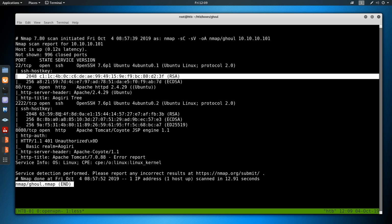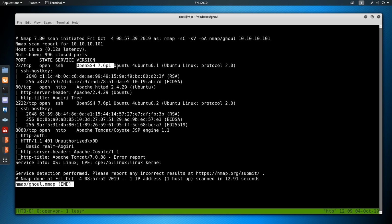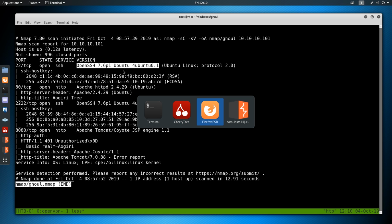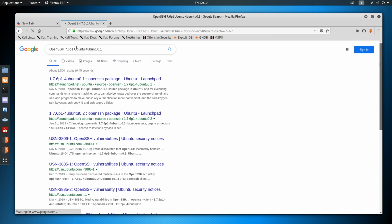So looking at the host keys, we can see the host keys are indeed different, so these are different SSH processes. Additionally, the banner for one says it's OpenSSH 7.6p1 Ubuntu 0.1. The other says Ubuntu 0.2. Generally, when dealing with virtualization technologies, I always assume the host is going to be more up to date and the guest is not going to be. And that's just because containers like Docker have become so popular and people just tend not to update the Docker images or Docker OS. So I'm just going to Google the SSH banner